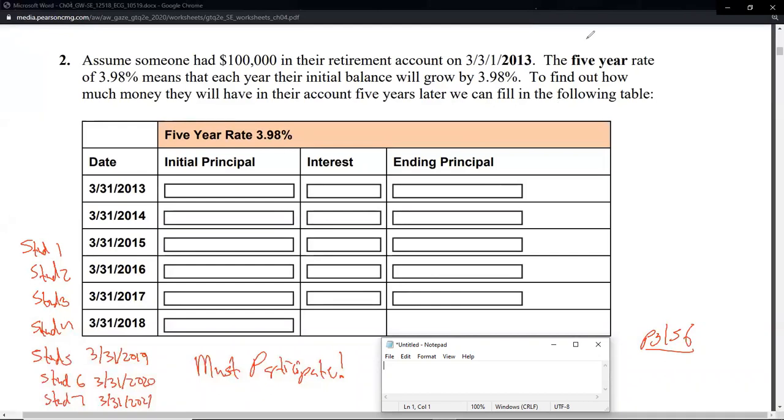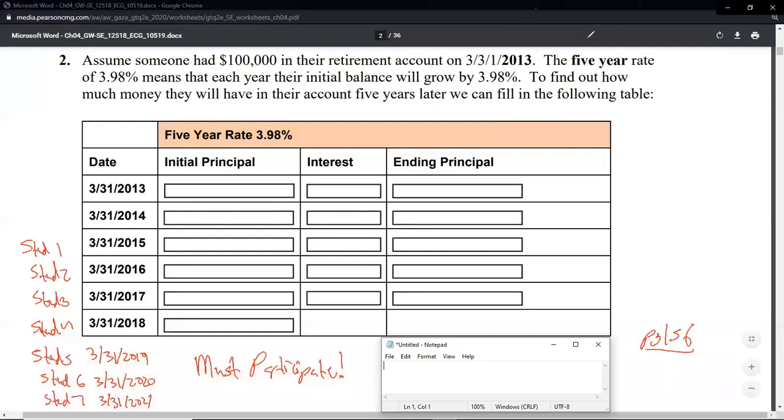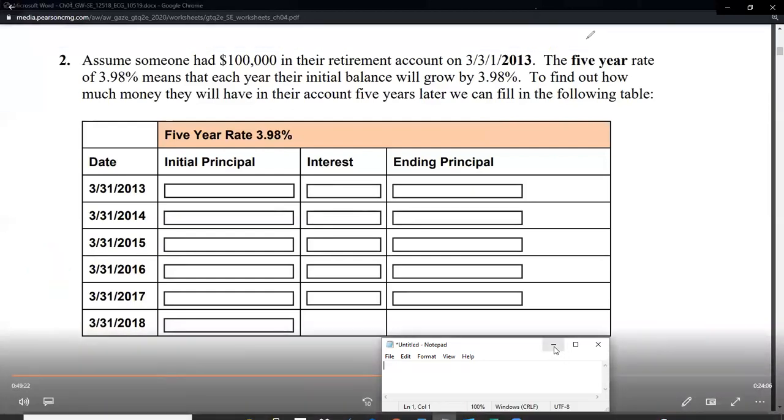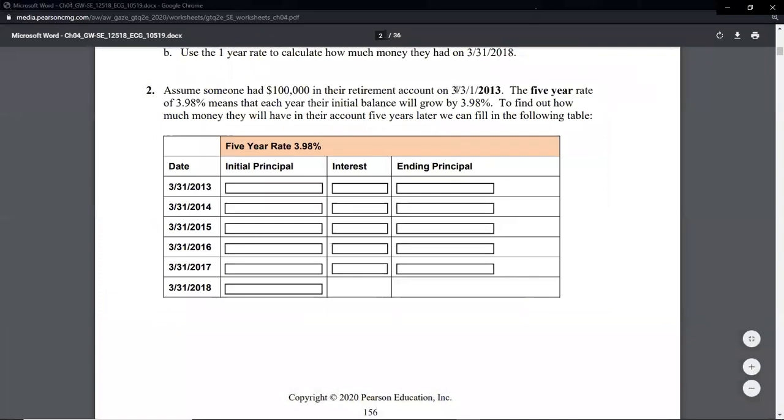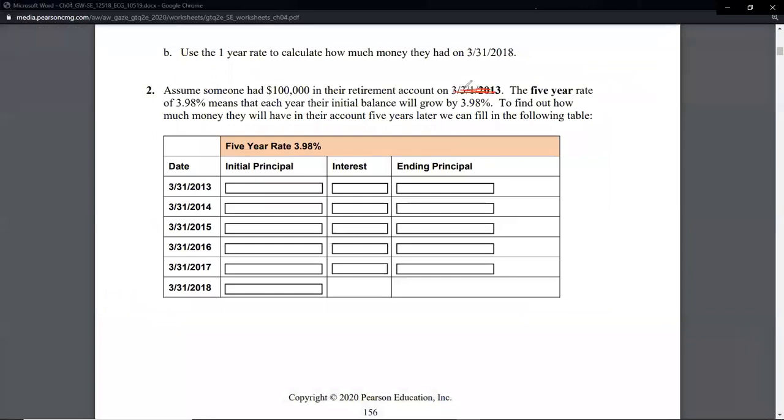All right, so let me clear my screen because I need to pull this back so I can read everything. I have a menu in the way. Oops, not that. Clear. Take that off. Let's back up. So assume someone had $100,000 in their retirement account on March 31st, 2013. So there's a little typo there. That should say March 31st, 2013. I can't write in that space, unfortunately. That's where my menu is,